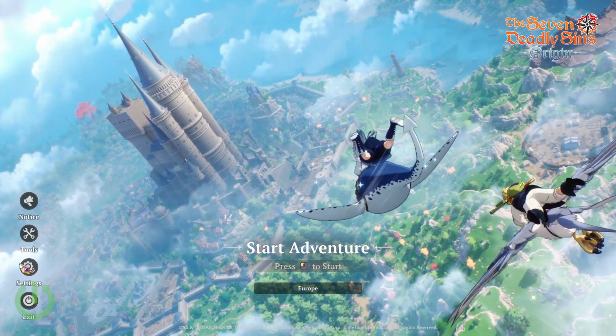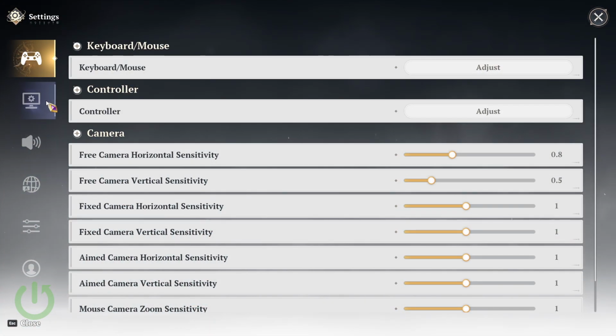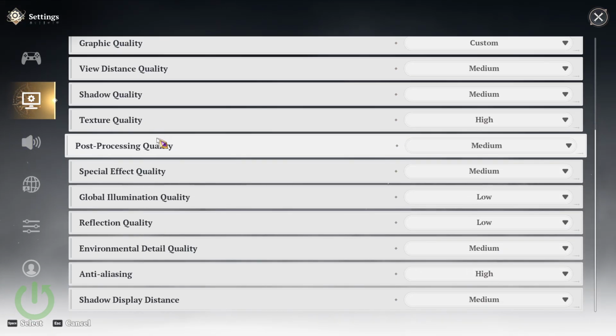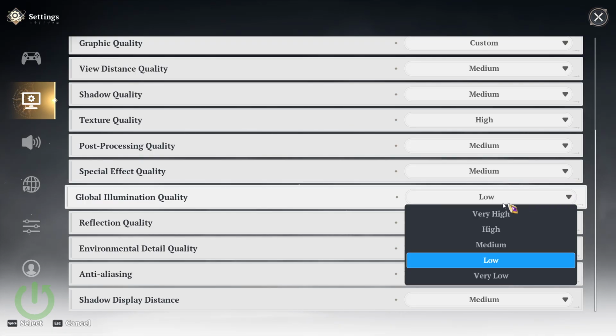Let's begin by opening settings. From there, navigate to graphics. Then, in the graphics section, scroll down. Look for the global illumination quality. Here, open the context window. As you can see, you can change the